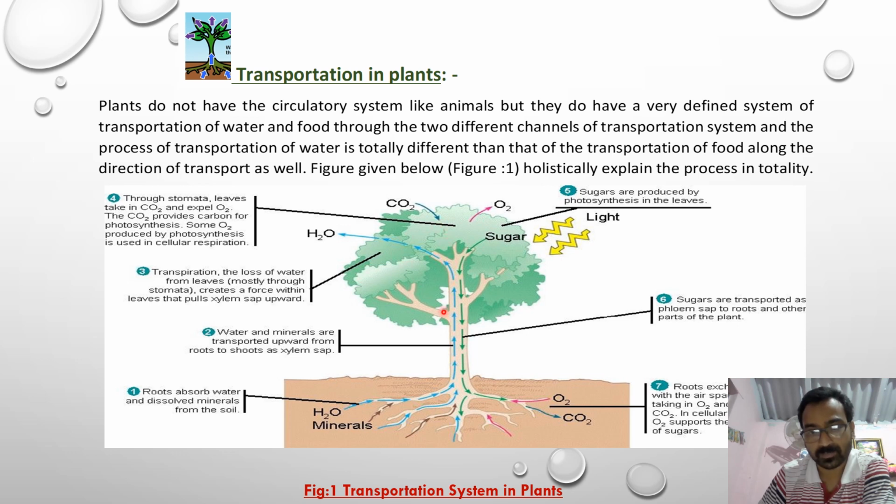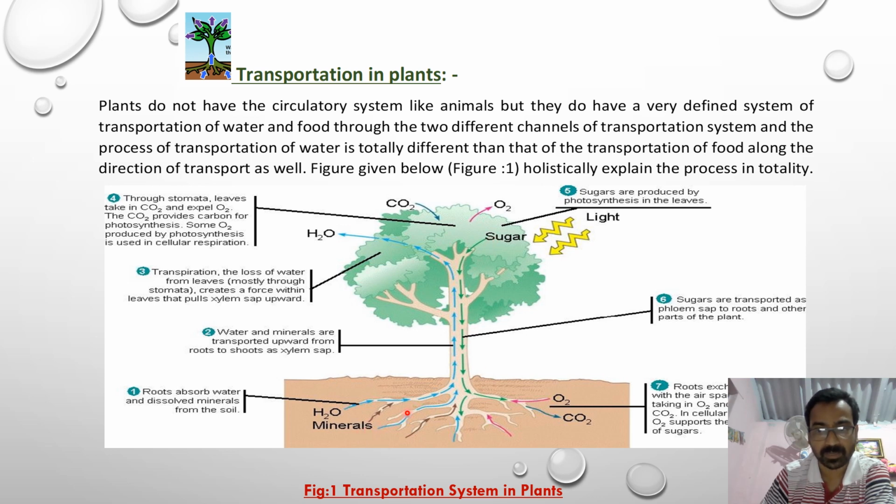So coming to the point, there are two types of tissue which are called vascular tissue. One is very much evolved to conduct the water, called xylem, that you can see in the figure in a blue line going from the base to upward of the plant. Similarly, the green lines which are coming from the leaves to the bottom of the plant toward the root, these are the phloem elements. So transportation of substances in plants takes place by means of two different channels. One is the xylem channel, the other is the phloem channel.